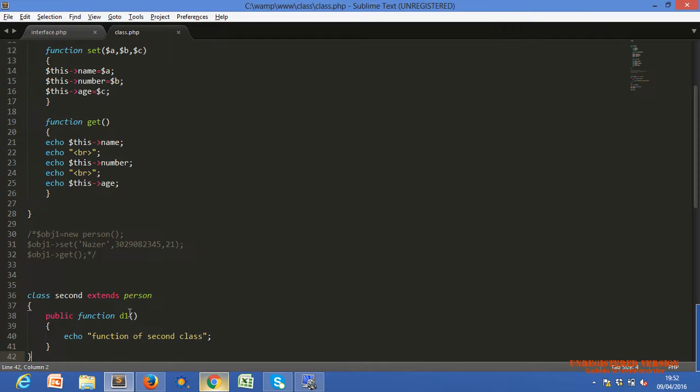The class we use after extend is called the base class or parent class, and the first class name is called the child class or derived class. Okay Khushi,